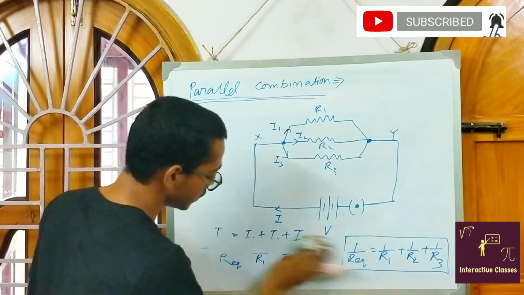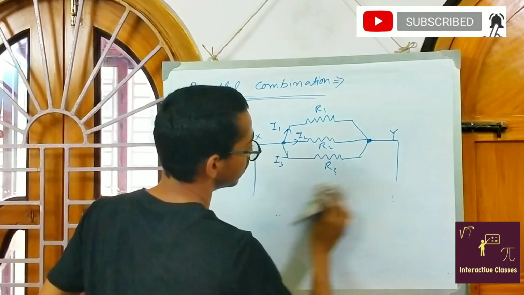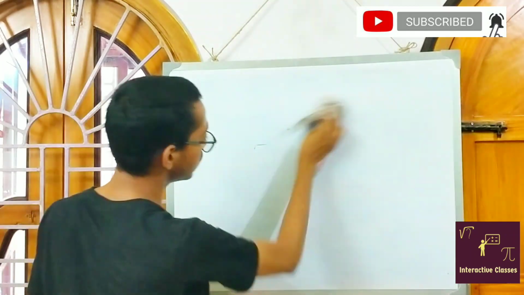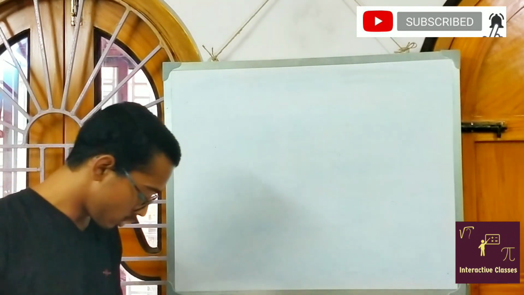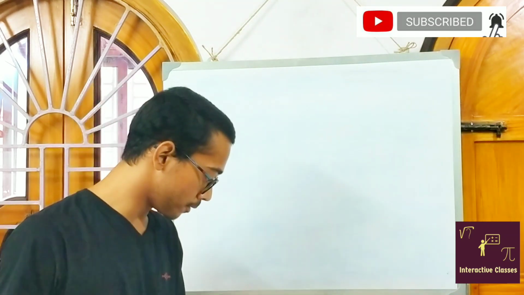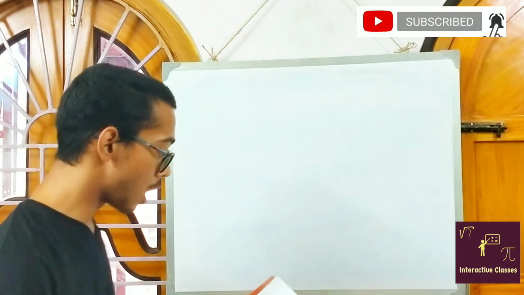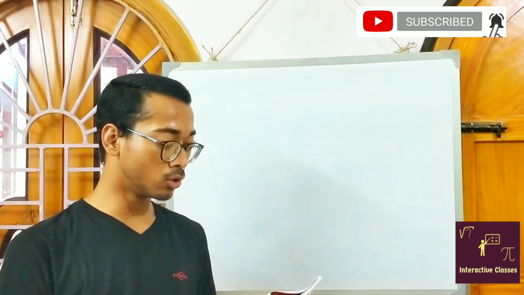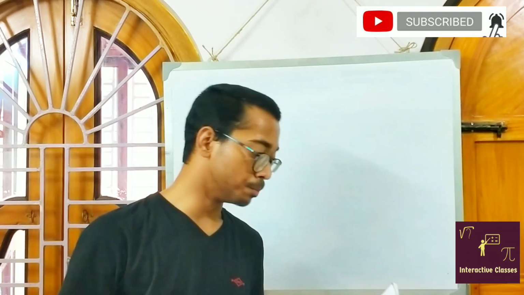Now let's do two basic numericals, one related to Ohm's law and one related to the circuit combinations. Very fast we will do the numericals, I don't want to extend the length of the video. So the question is, how much current will an electric bulb draw from a 220 volt source if the resistance of the bulb filament is 1200 ohm?